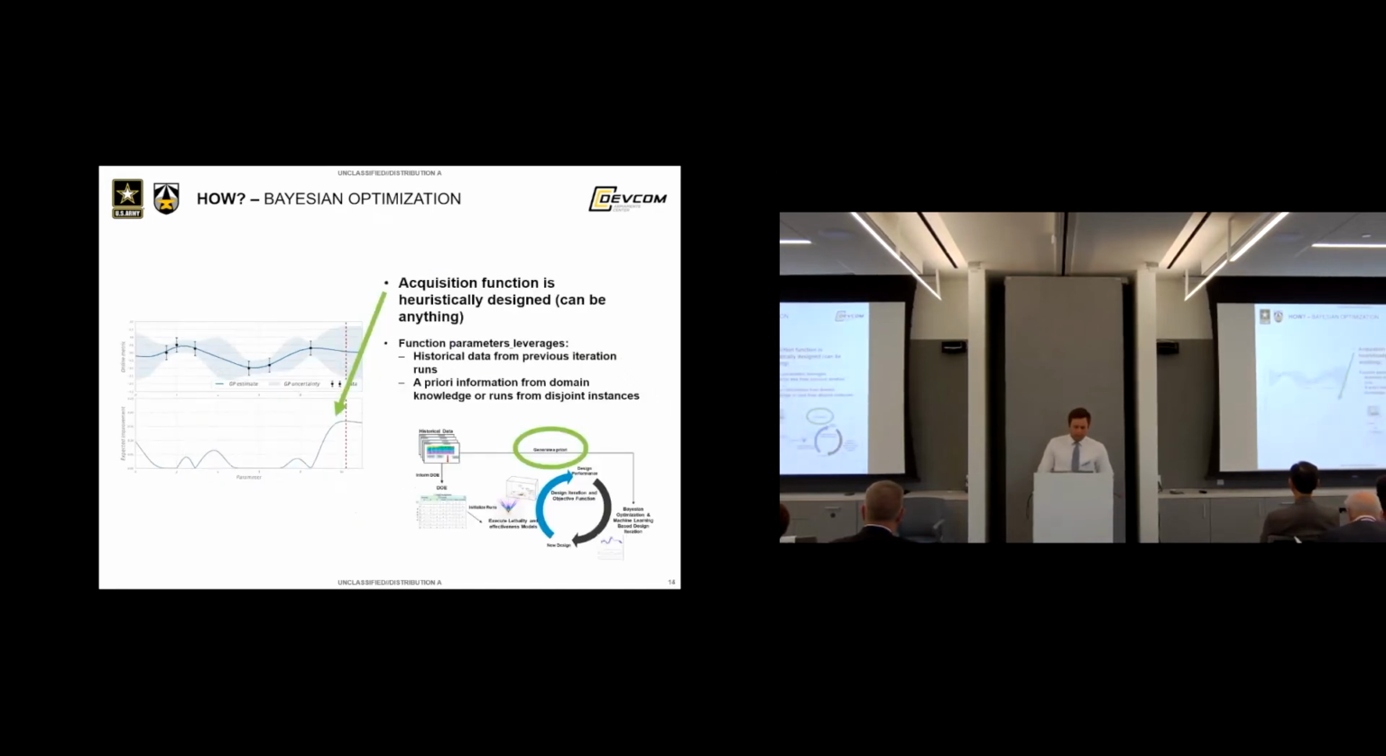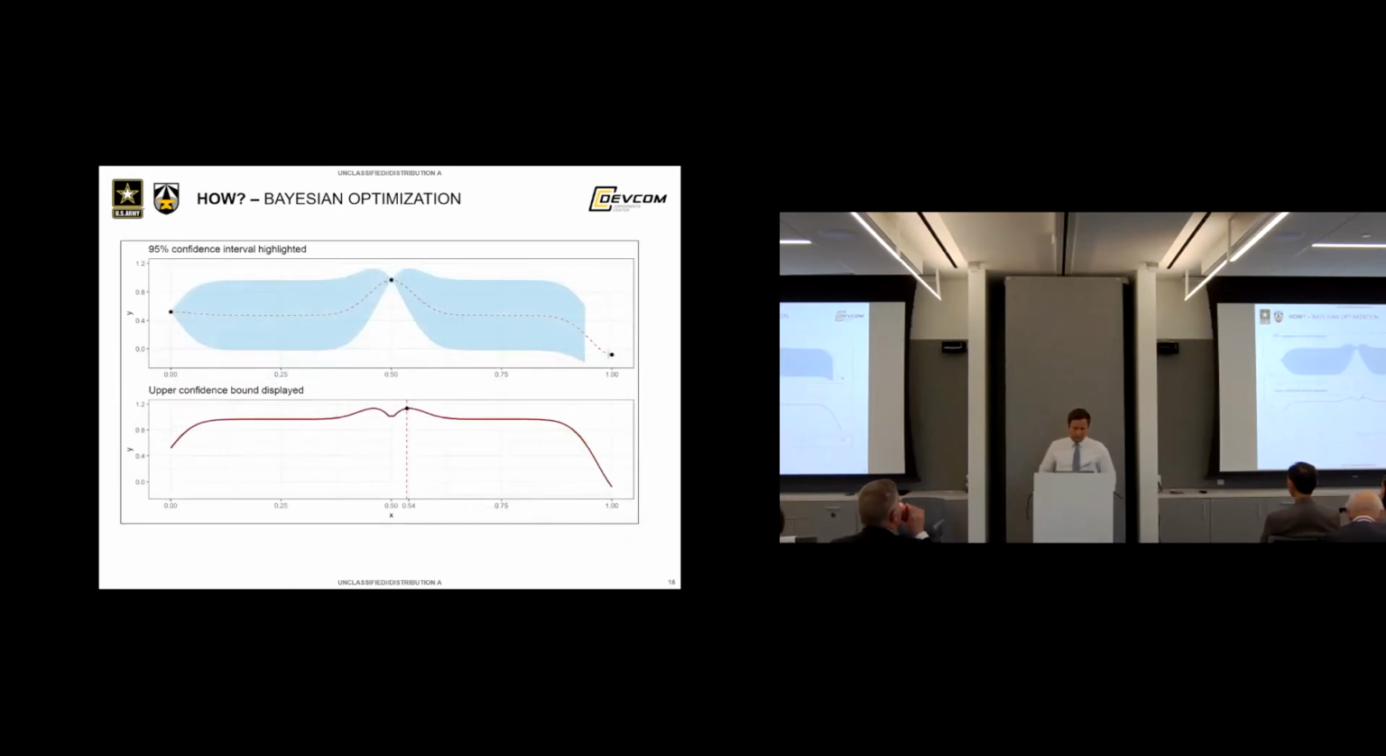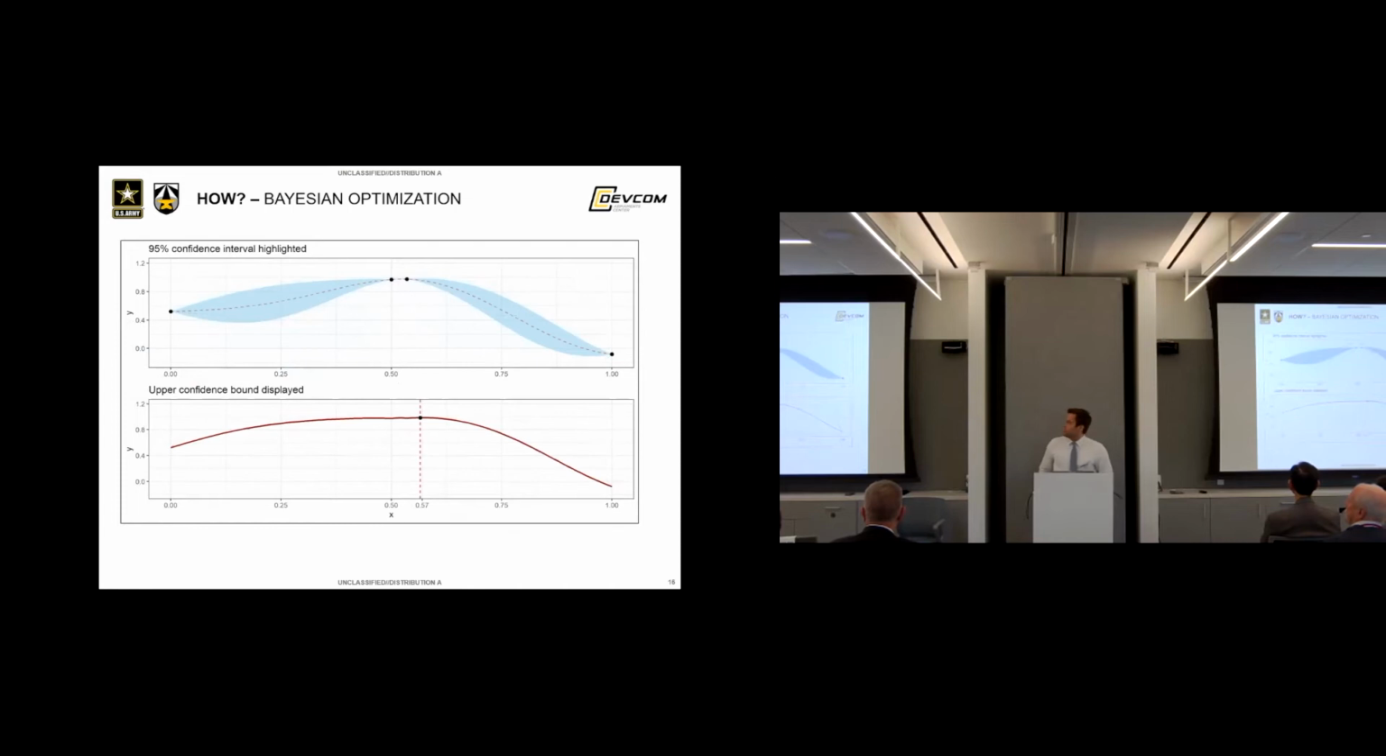So, an acquisition function can be anything that's heuristically designed. In this example, it's just the upper bound, the 95% confidence interval of our surrogate model. As you can see, we can find the maximum point within our acquisition function right there at 0.54. And then we will probe that point within our surrogate model to narrow our bounds within our confidence